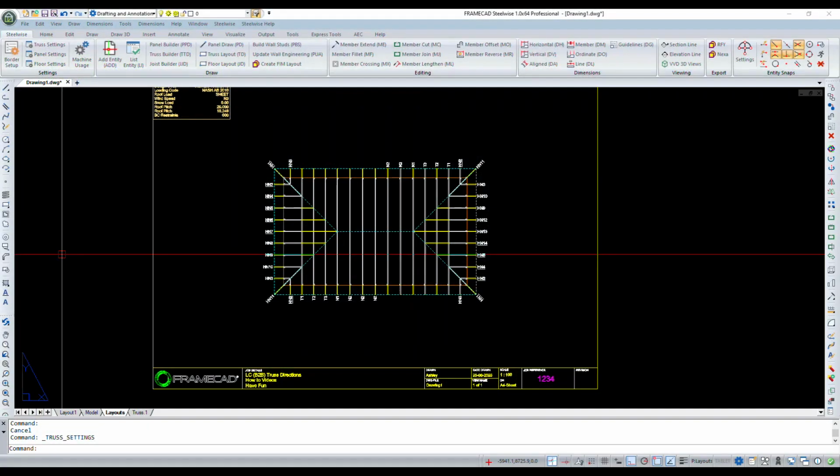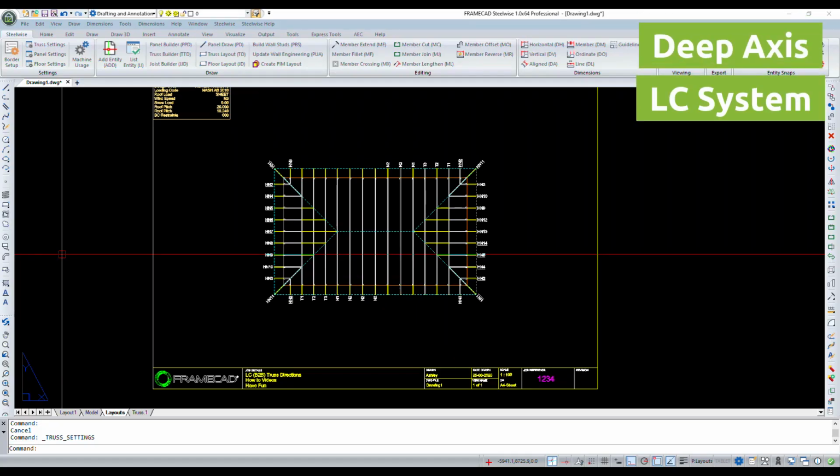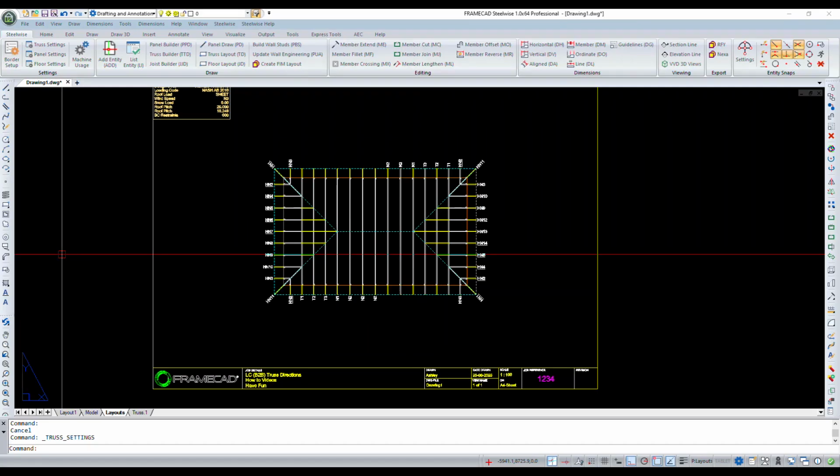Hello everyone, my name is Ashley, and in this video I'm going to talk about the LC back-to-back truss layout directions. This will allow you to set the orientation of the back-to-back trusses on a truss layout plan prior to input. This setting can be found in the truss settings dialog, which can be accessed via the truss settings section